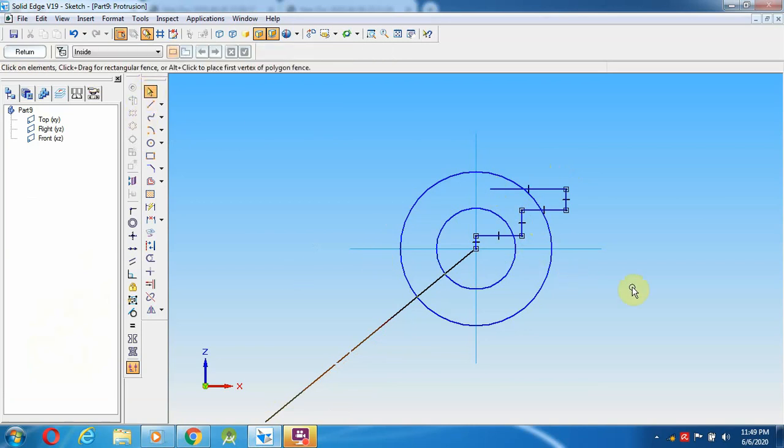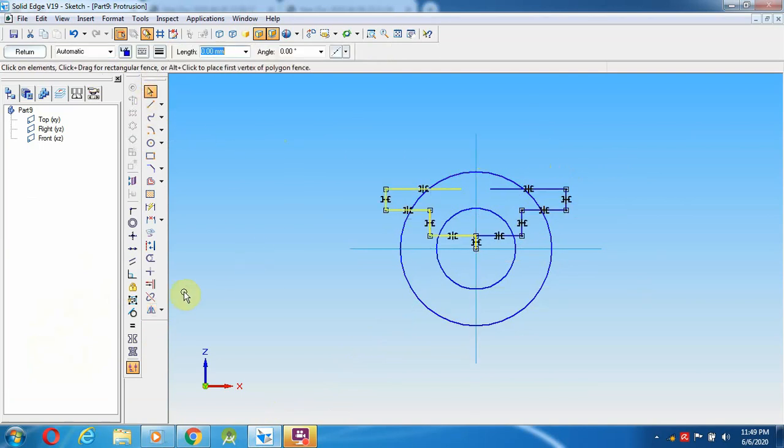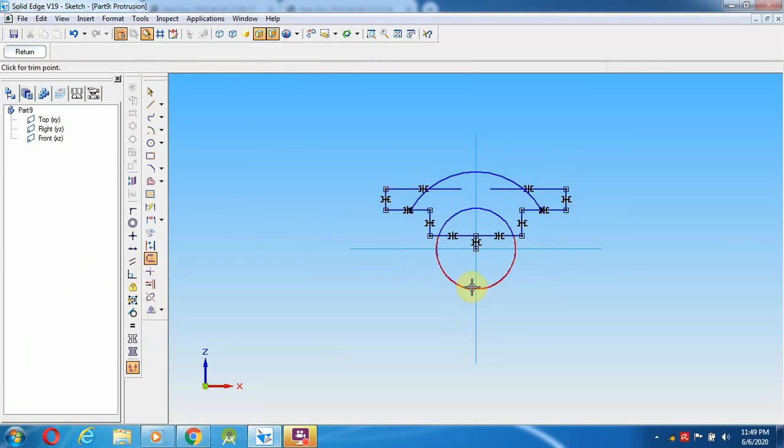After that, I'm going to mirror this based on the middle axis. Then I'll select the trim option. This circle is not required, even this is not required. These two lines are never required, even this point.